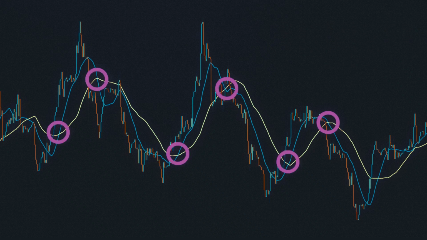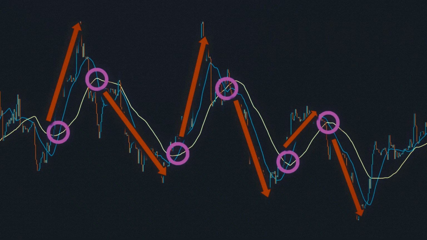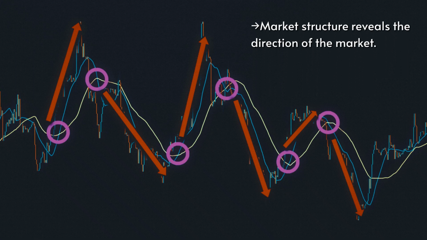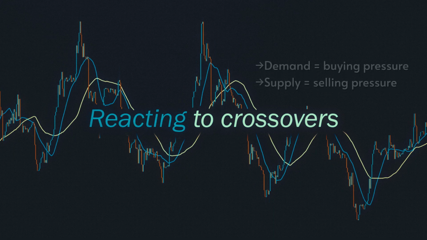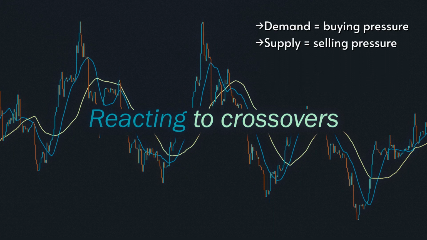If you just look at a price chart, it can look super chaotic from one minute to the next. The moving average smooths all of that out by giving you the average price over a specific period. It just gives you a much cleaner view of the real underlying trend.